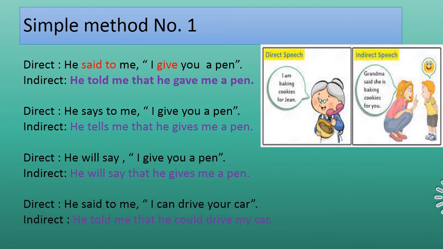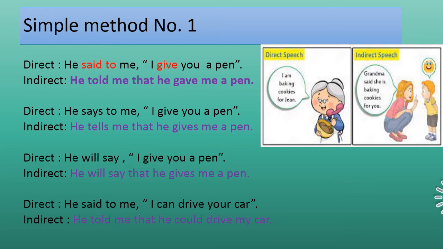Simple method number 1. Direct speech: he said to me, "I give you a pen." Indirect speech: he told me that he gave me a pen. In this sentence, "give" changed into simple past, "gave." "I," first person, changed into "he," the subject of the reporting speech, and "you," second person, changed into the object of the reporting speech,